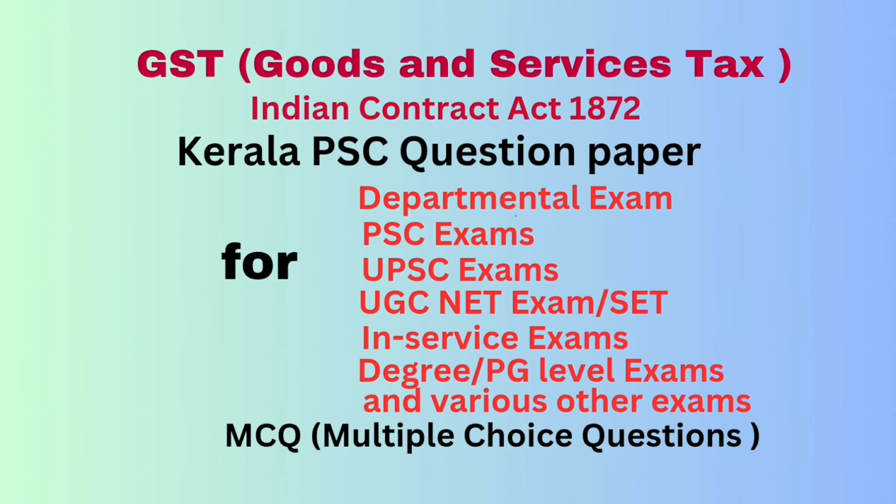Question number 97. A gratuitous bailment is terminated by the death of either the bailor or the bailee. Question number 98. Anti-profiteering is dealt with in chapter dash of CGST rules. Answer: 15. That is chapter XV. Question number 99. What is true about pledge where owner has only a limited interest? Answer: the pledge is valid to the extent of the interest.